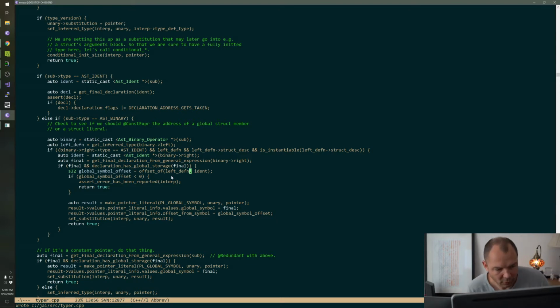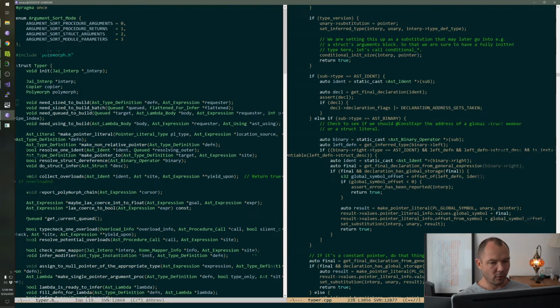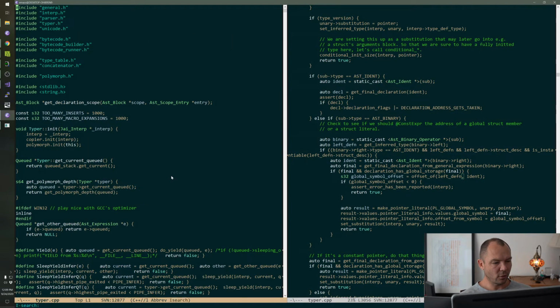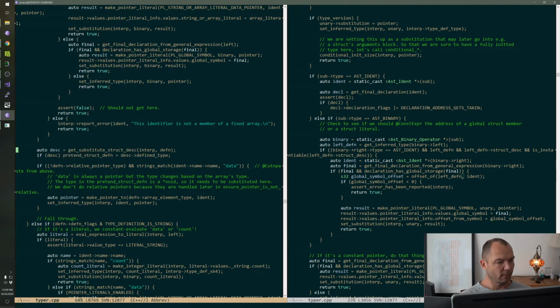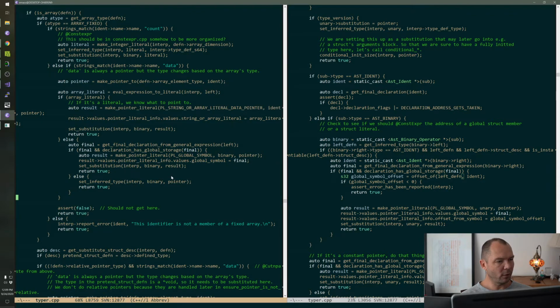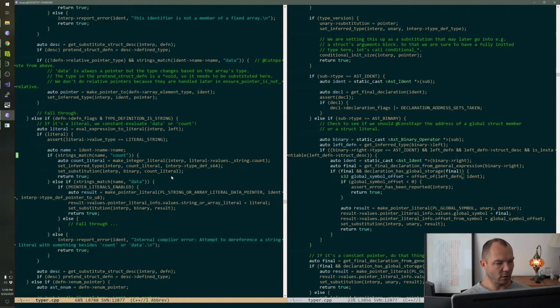Let's take a look for a second at the other thing that does this work when you actually do a dereference. So like this pretend struct definition gets filled in with like, hey, it's an array or it's a string or whatever, right?